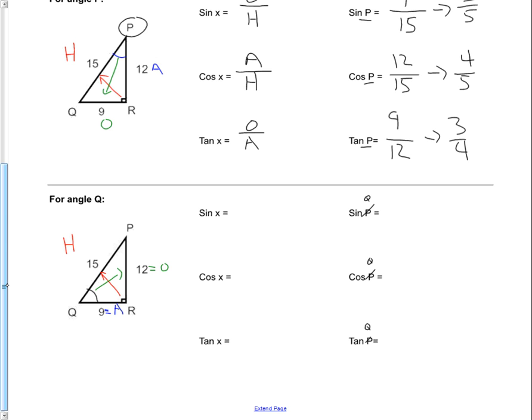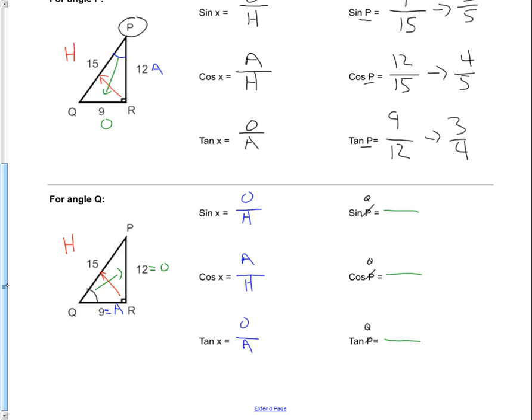Again, we want to identify what are the actual primary trig ratios. So sine of any angle is again equal to the opposite divided by the hypotenuse. Cosine of any angle is equal to the adjacent divided by the hypotenuse. And the tangent of any angle is equal to the opposite divided by the adjacent. Now if we go through and substitute in our values for what we know in terms of angle Q, we know that the sine of angle Q is going to be equal to